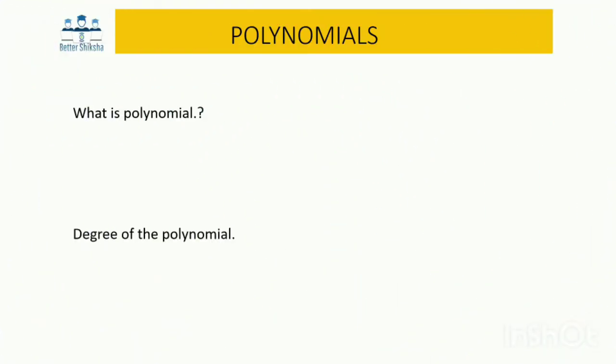Today we will learn about polynomials, and then we also learn about the degree of a polynomial, and on the basis of degree we simply classify the polynomials, right? So first we take a simple example. Let's say x plus 3 is any given equation. Let this be equation 1, and again I also want to write one more equation like ax to the power of b plus c. Let's say this is equation 2.